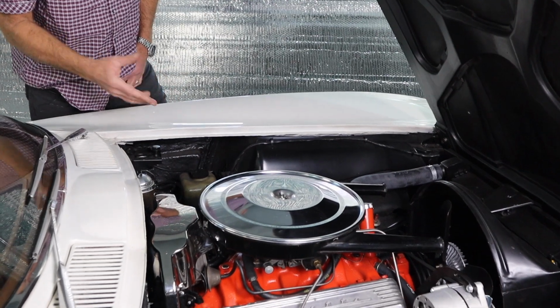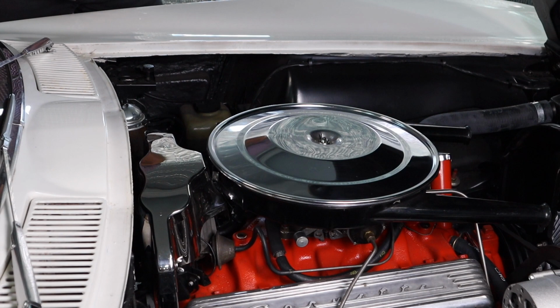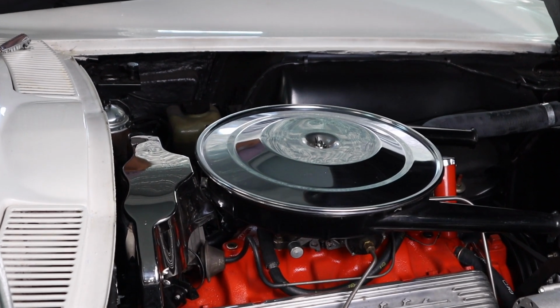Did you do that, or was that there? No, it was like this. It really did look like this. Wow. The thing that I've done to this car is I had the heads rebuilt to make them more reliable